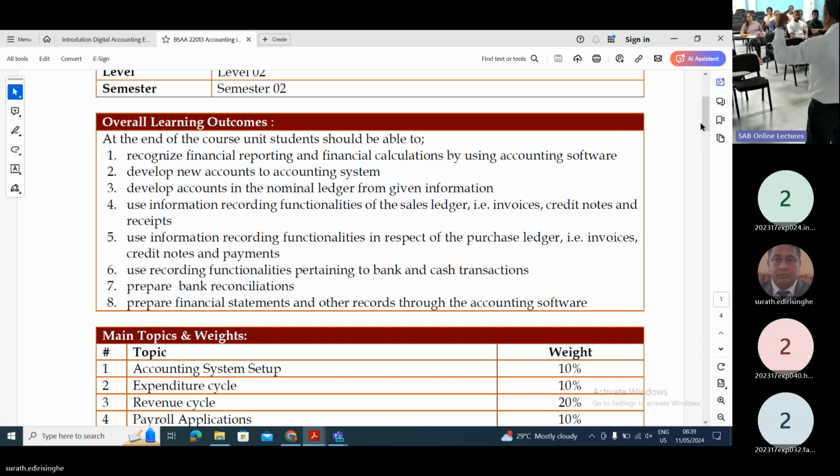All the suppliers are in the accounts payable ledger. But parallel to these total suppliers, in the general ledger we have to maintain the creditors control account, or accounts payable control account. The total amount of creditor individual accounts has to be equal to the general ledger accounts payable control. Similarly,